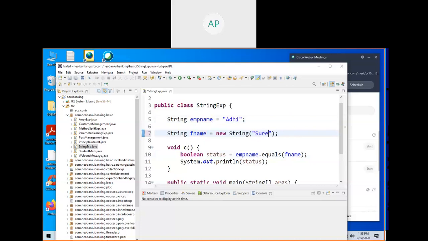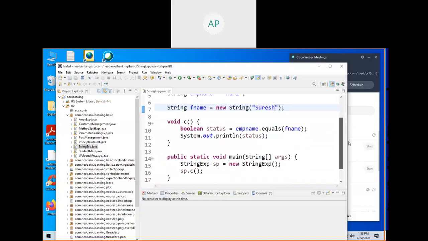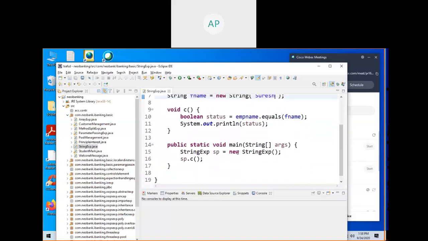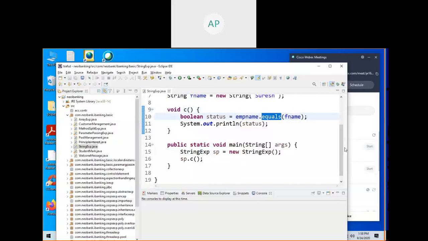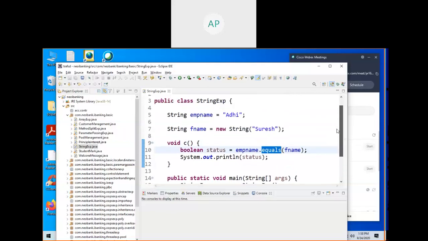So now if I make SURESH. This is the code. I create one object and I call the method. Here I am using the equals method. I am sending the two variables, and this method will see whether the content of both the objects is the same or not.